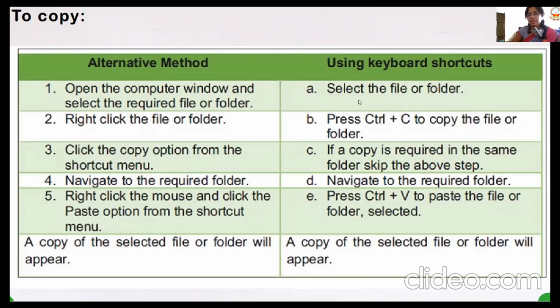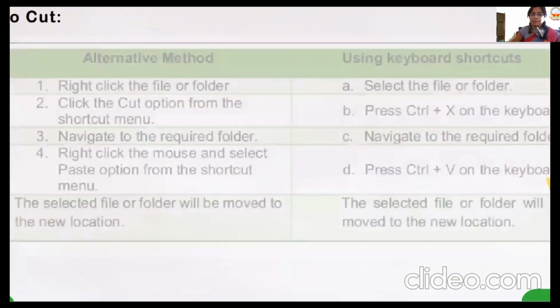Now the third thing, select the folder or the file using a mouse, then press Control button plus C button, and then go to the place where you want to paste it. Go to that folder and do Control plus V. Control plus V is a shortcut for paste. Control plus C is shortcut for copy. A copy of the selected file or folder will appear in the next one.